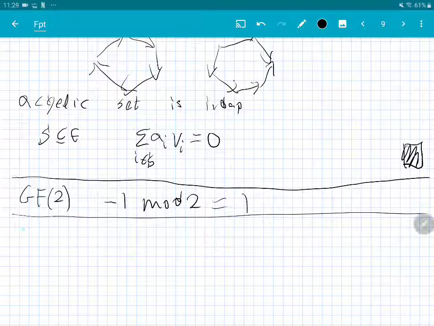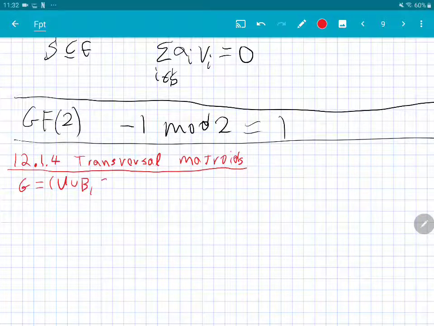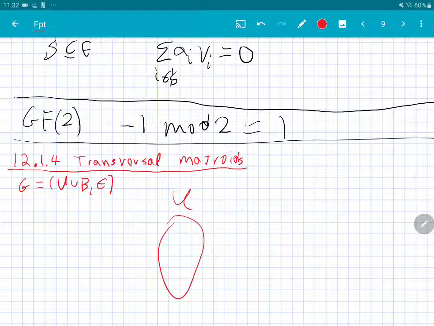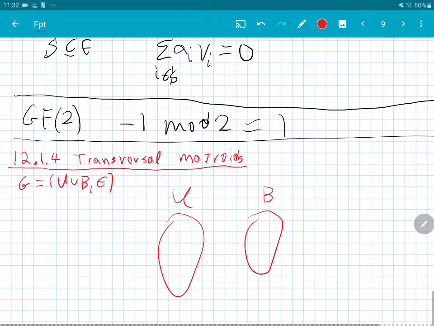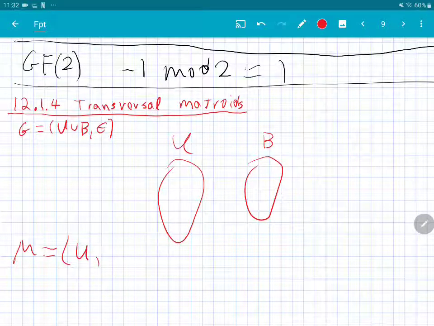The next creature we want to talk about is the transversal matroid. To this end, I give you a bipartite graph G equal to U union B, and the set of edges E. It's a bipartite graph, U, B, and we're going to define the matroids. The ground set is going to be U, the left side,